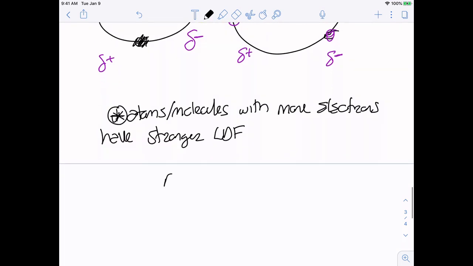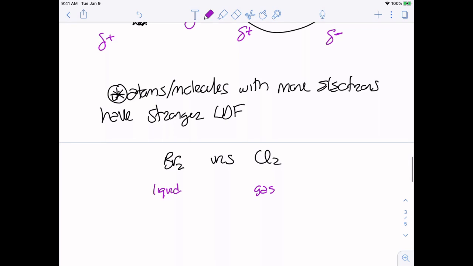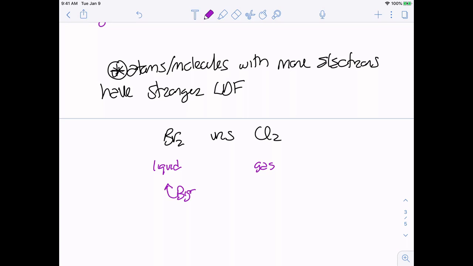So if I was to compare bromine versus chlorine, we know from 130 or from high school that at room temperature, bromine is a liquid. And we know at room temperature, chlorine is a gas. These are both nonpolar. The only type of intermolecular force that they have are London dispersion forces. So at 25 degrees Celsius, bromine still has London dispersion forces, right? They're still being held to each other. That's why it's a liquid. Remember, when we go to a gas, we break those connections. At 25 degrees Celsius, we've already supplied enough energy to break the connections in chlorine. And that's because bromine's larger, right? Bromine is bigger than chlorine, so it has more London dispersion forces. More electrons, more of those temporary dipoles. So still a liquid